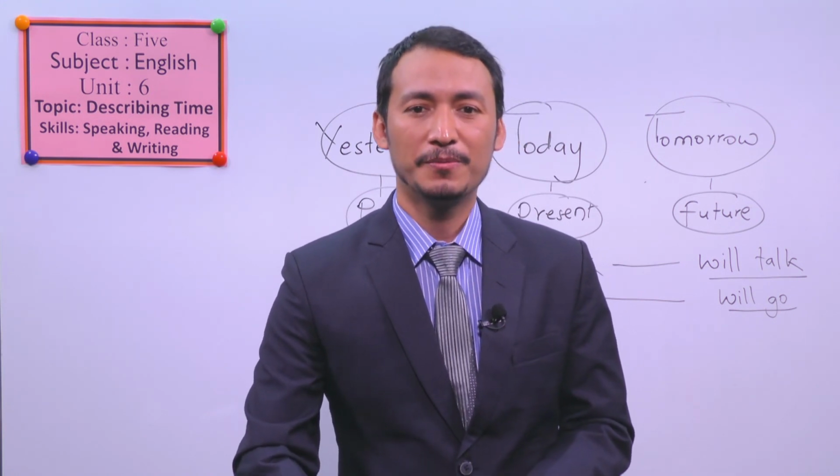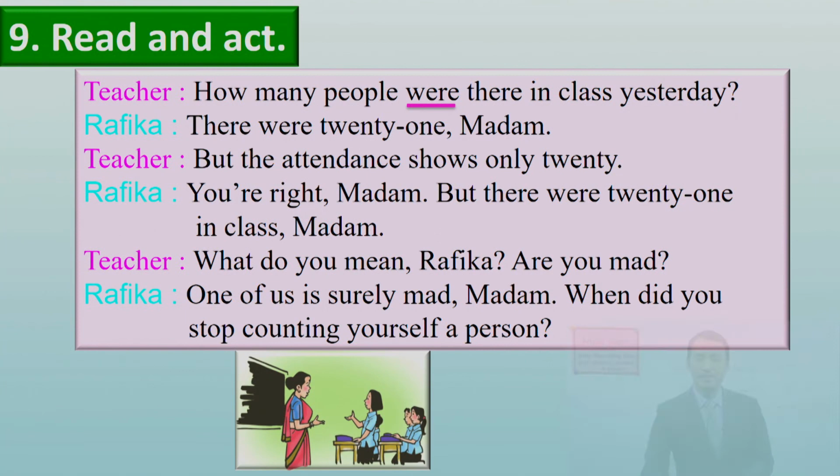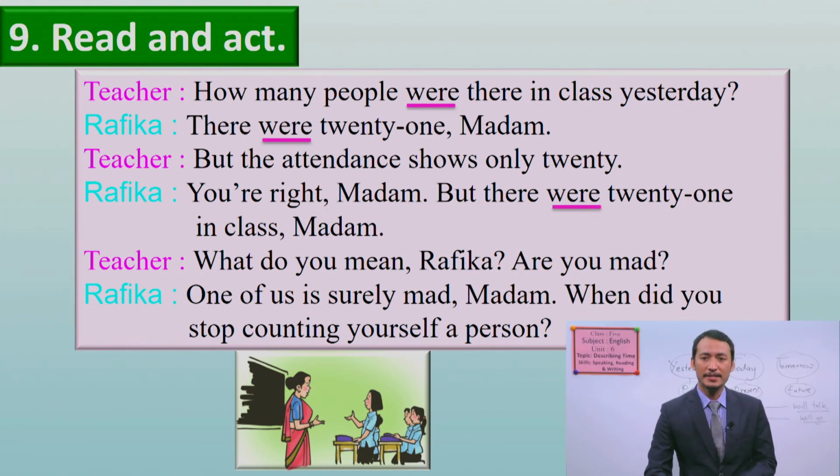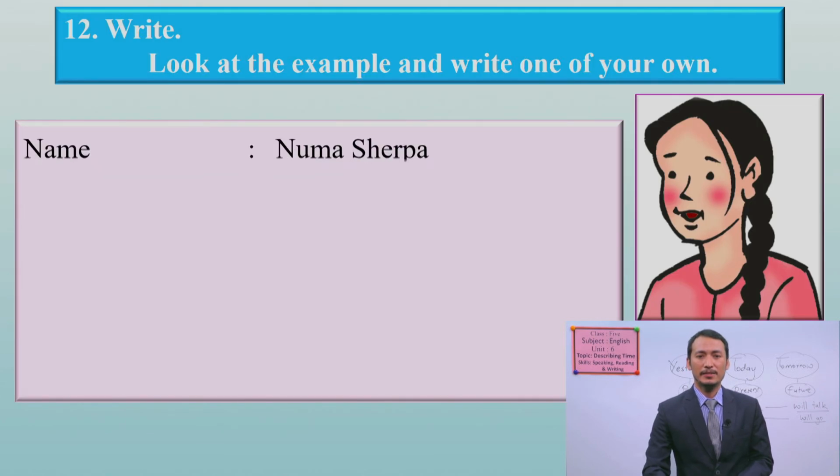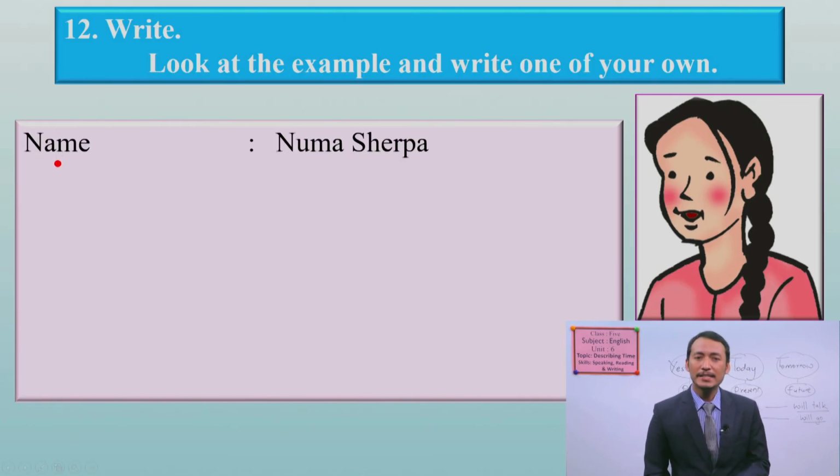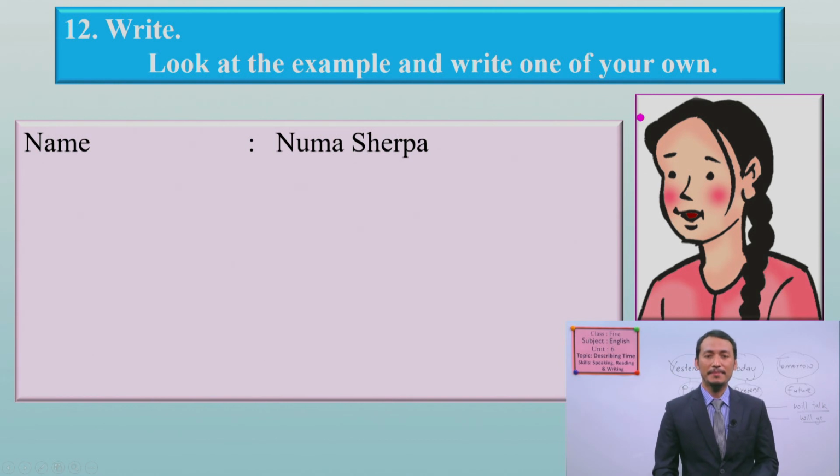Okay, let's move to another, and let's have a look at the verbs here. Where is here, where, and did question here. Now let's look at the example writing for someone in past.